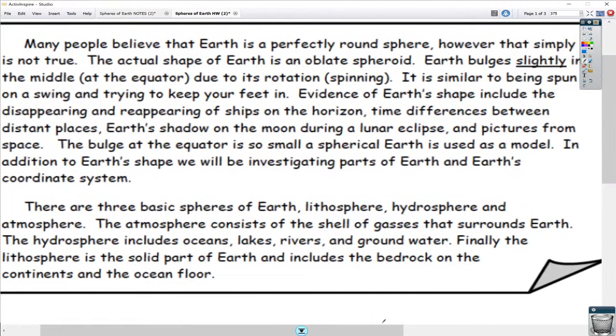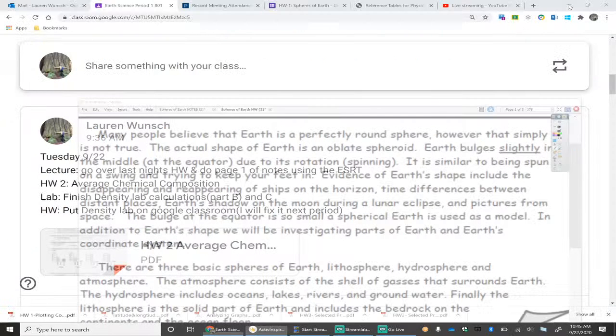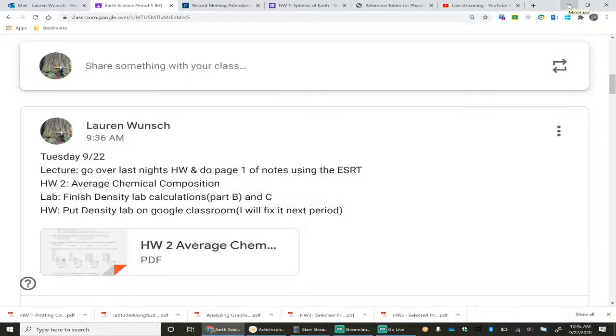Okay. Yeah, that's fine. If anyone needs another second to finish copying, it's right up here. In the meantime, if you want to take out your reference tables, you're going to need those for lecture and your notes too.